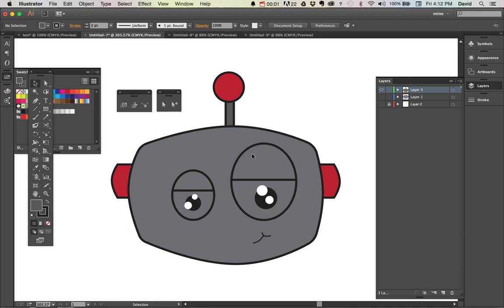Okay, so we're going to continue on. We haven't finished that. I'm going to show some things with the eyes. Let's go ahead, so we've locked this part. I'm going to select these two pieces, and we're going to go to our shape builder that we just had,